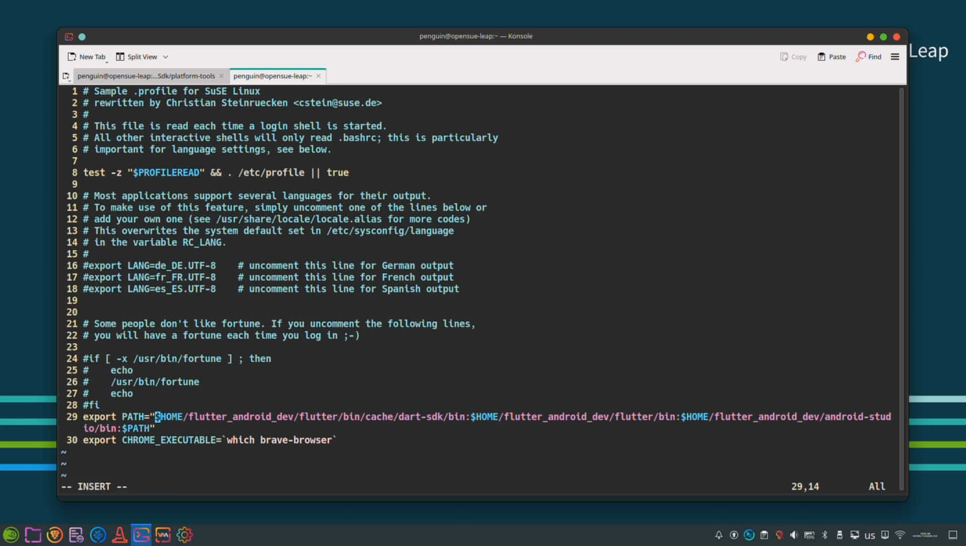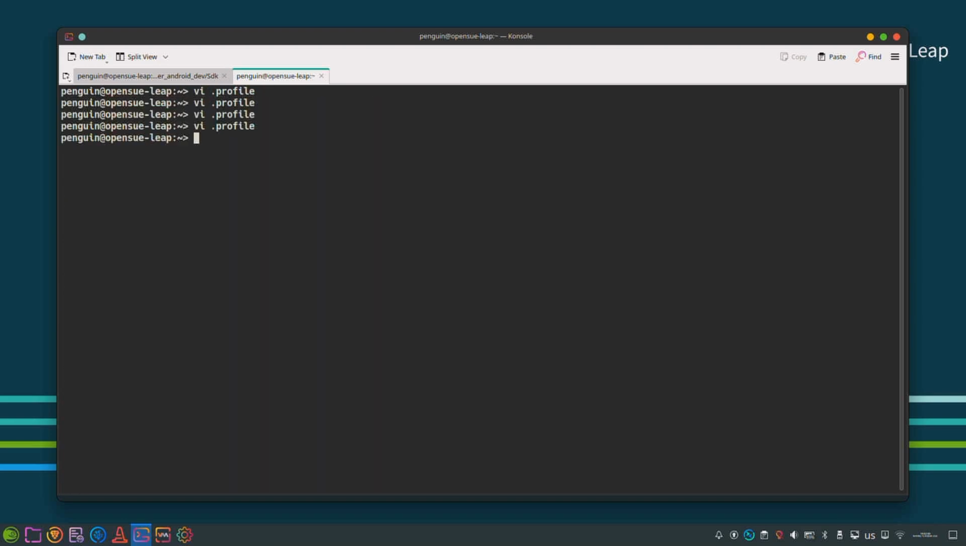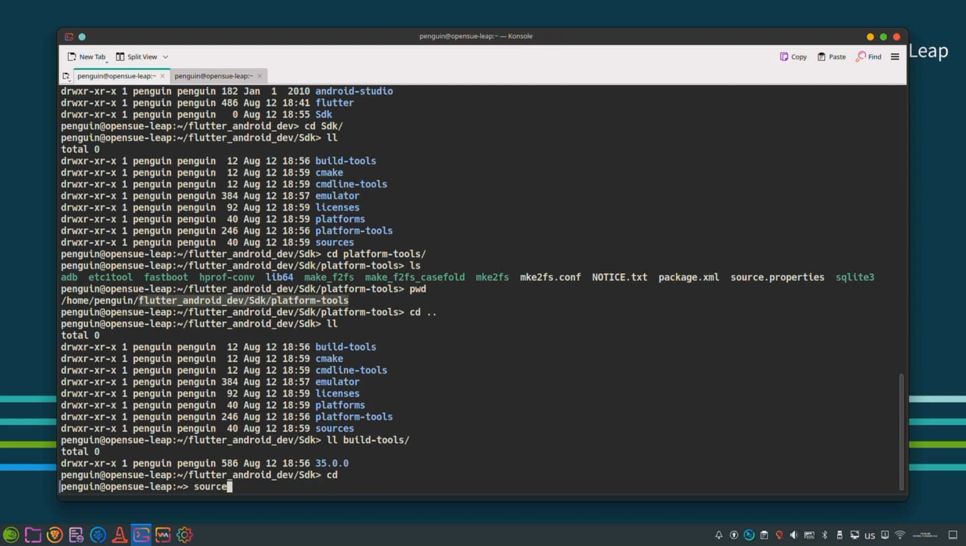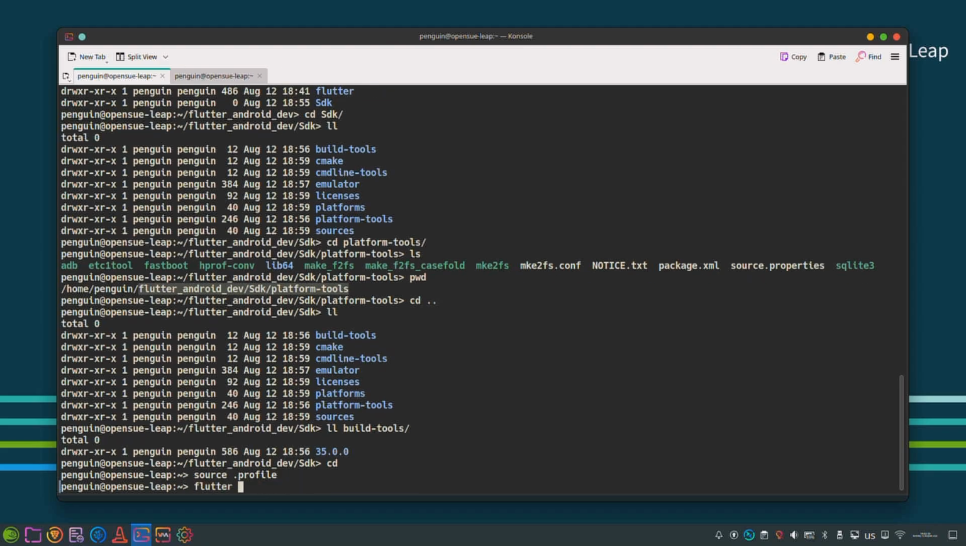And make sure to put the separator, $HOME/. We are all good to go. And you can escape here and make sure to save, write quit. Again, source .profile. If we run flutter doctor